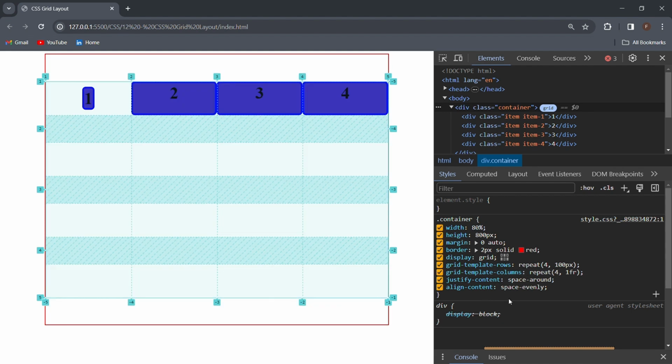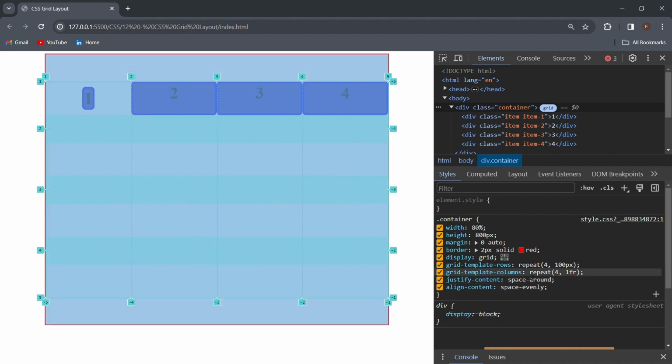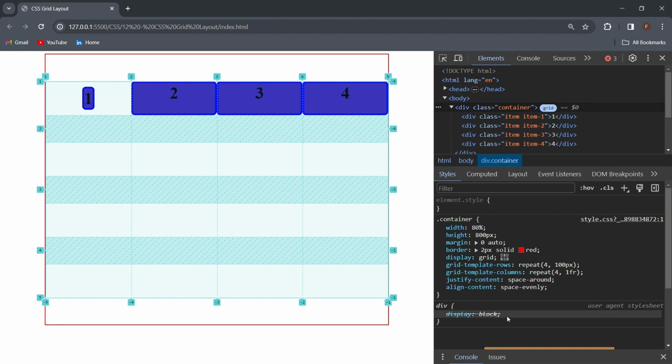And that is the difference between the content. The difference is just the last word, content, and that one was items. So you can say justify content or justify items, and you can say align items or align content. And you say the difference between justify and align is that justify